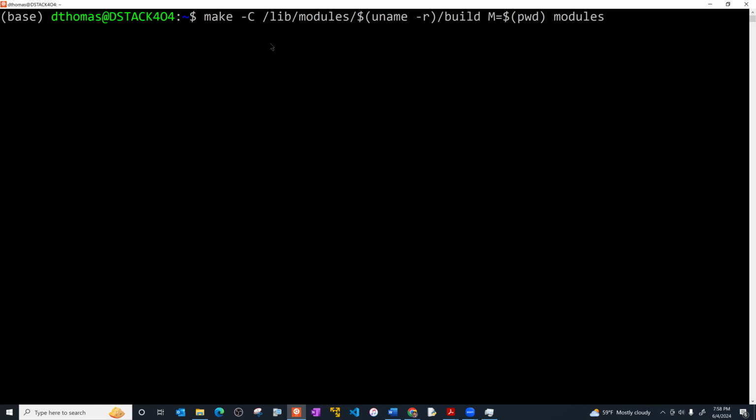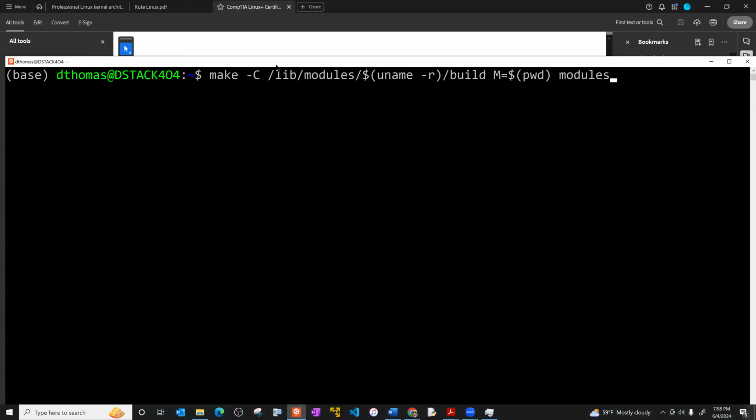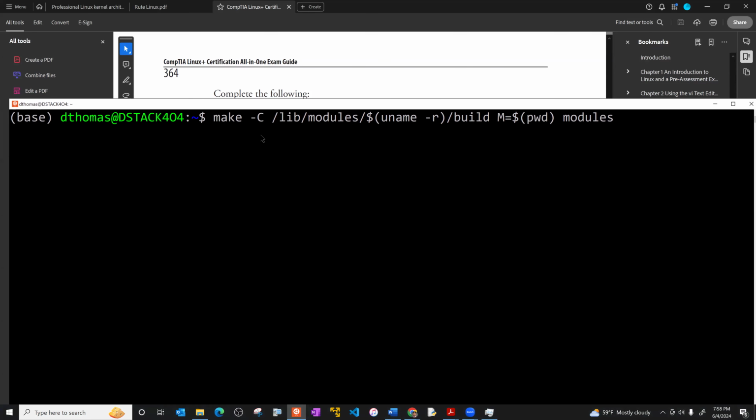When I did this command, it ran okay, but when I went to it, nothing was there. So I went into modules, but now it's going to be another folder name. The kernel version will be the directory, and then another one which is build. And then inside of that, we have all of this. So if I hit enter again,